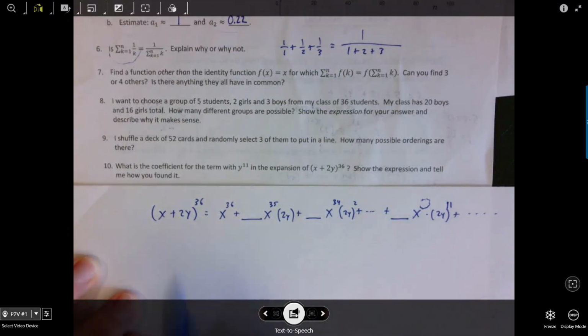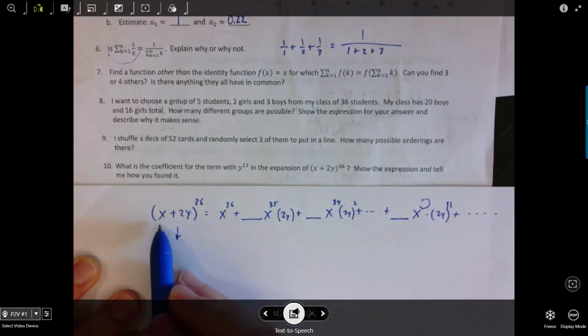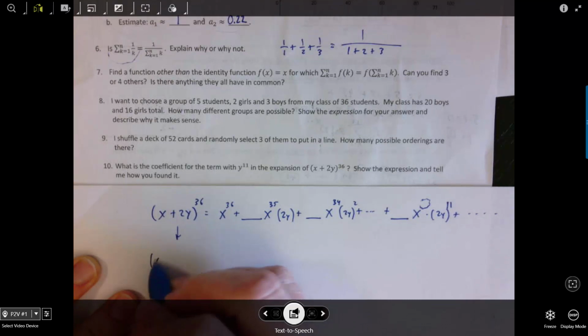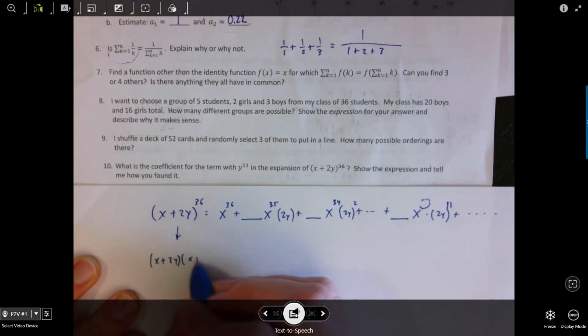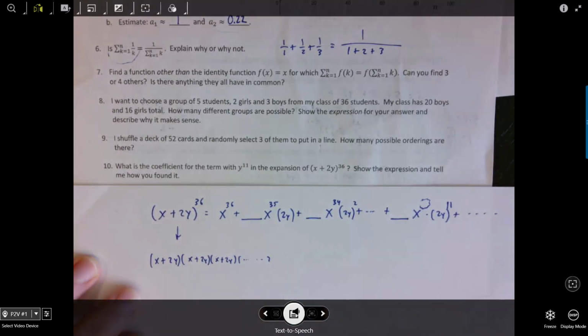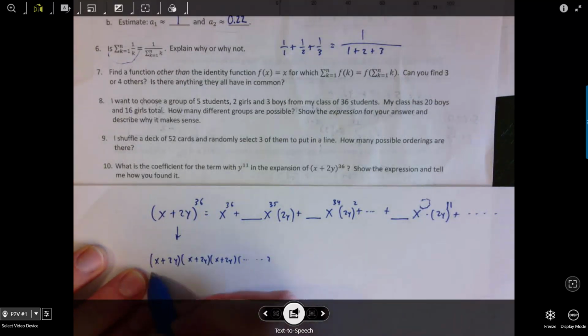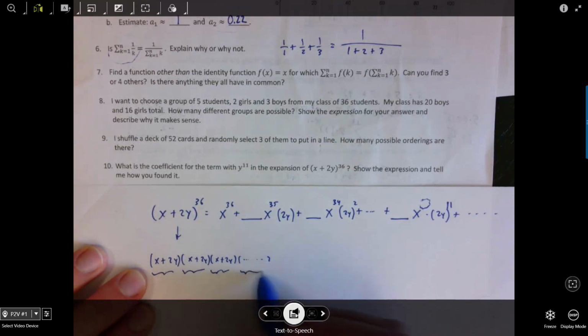So if you remember how we talked about the binomial theorem, if I'm going to expand x plus 2y to the 36th, that involves 36 x plus 2y's all being multiplied by each other. And what happens procedurally if you were going to multiply all of these out is you're finding all the ways of choosing one of these two elements from each of the 36 terms to be multiplied. So it's sort of like you're multiplying each of these by all the other things in all the possible ways. So what that tells me is, if you wanted to invent a new procedure, or treat this as a counting problem,